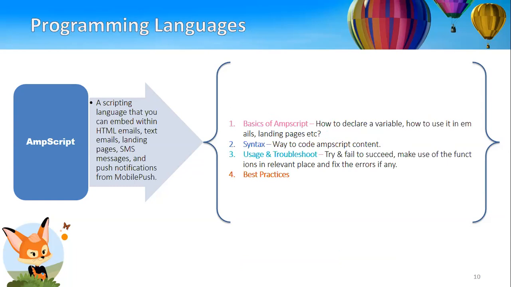So next is programming languages. I would think most of you are new to development, so you're not much aware of AMPscript, SSJS, and GTL. Those are all the programming languages supported by Marketing Cloud, and they are proprietary languages. The meaning of proprietary is that they are solely related to Marketing Cloud itself. You cannot use these languages anywhere else. Only Salesforce supports AMPscript, SSJS, and GTL. Other than that, you cannot use them anywhere else. So these are all proprietary languages.